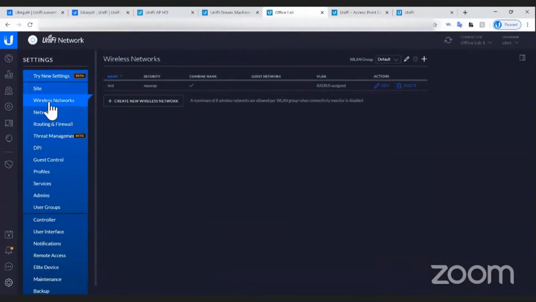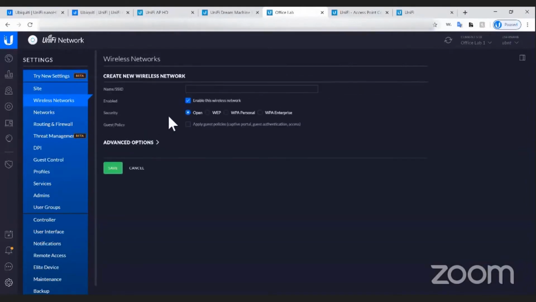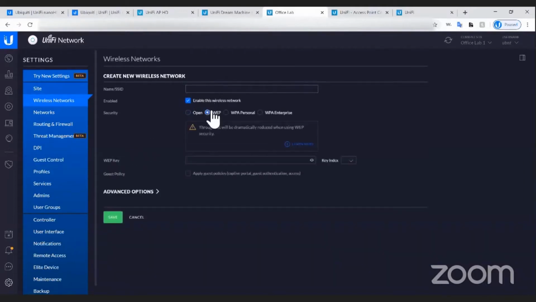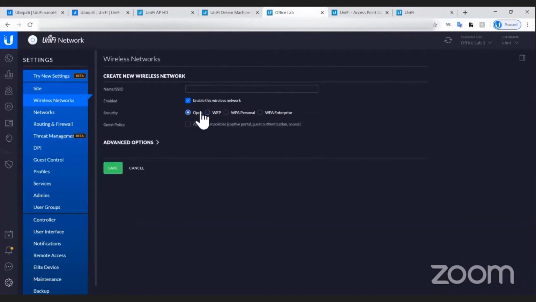Okay, so this is a screen where you create your SSIDs for the APs. Like Arnav informed you, you can have multiple SSIDs. You can have up to 8 SSIDs. But when you create 8 SSIDs, I would like to tell you that you would not be able to use wireless uplink. So if you want to use wireless uplink, you might want to keep your SSIDs limited to 4, because the other radio will be used for uplinking to the other AP,